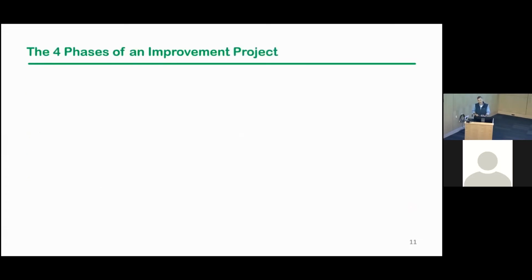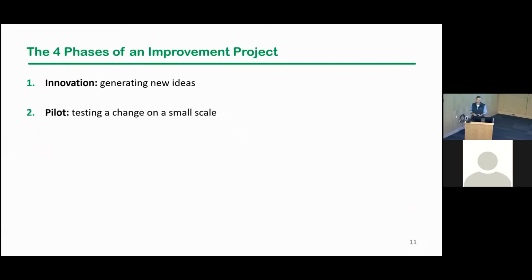When we think about an improvement project, there are 4 phases that I think are important to think about as we get started. At first, there's the innovation phase, which is really the discovery phase, trying to understand what your problem is, what the gaps are, and what opportunities are out there that might result in improvement. Then you move into the second phase, which is testing that on small scales, and then expanding it and increasing your learning over time in this iterative process,